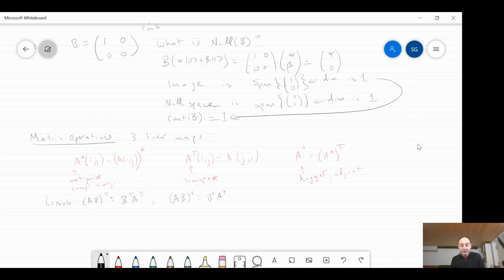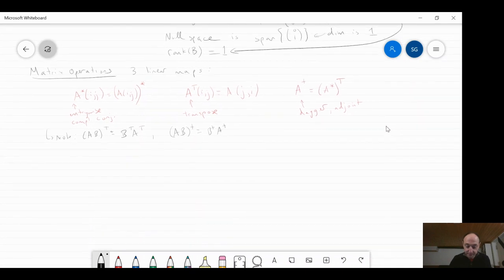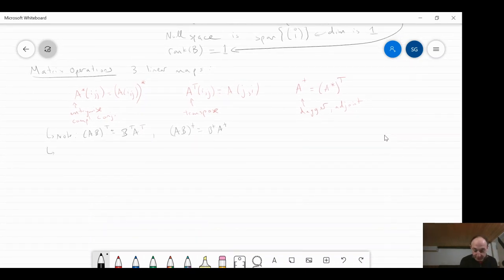Okay, and we've already seen this before, but these operations, the matrices you apply them to don't have to be square. They could even be shaped so that one of the dimensions is 1 and you really just have a column vector. A column vector is an example of a matrix, or vice versa. So let me make another note that I could do the same thing. If I take psi and I take its dagger, it's going to literally produce the bra vector. That was the definition we gave earlier. This adjoint operation is going to play an absolutely crucial role in this course. It's going to give us basically the inverse of quantum operations, for example.